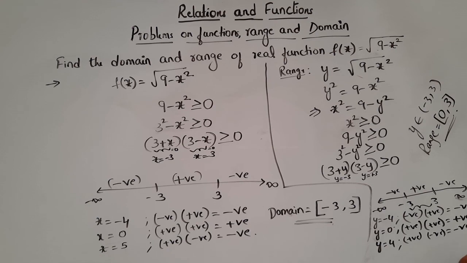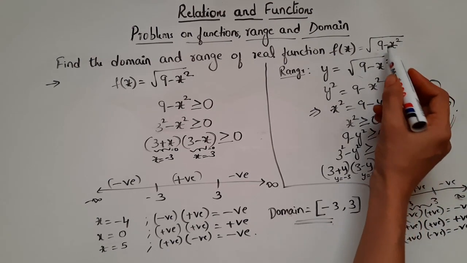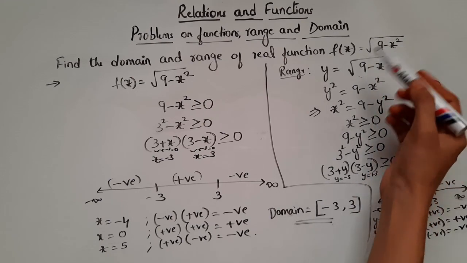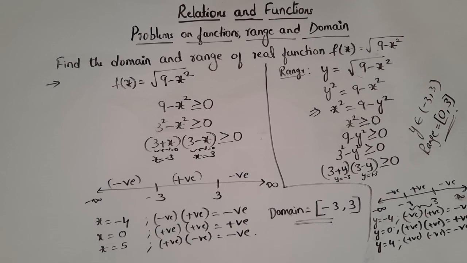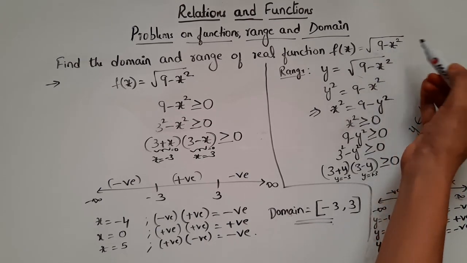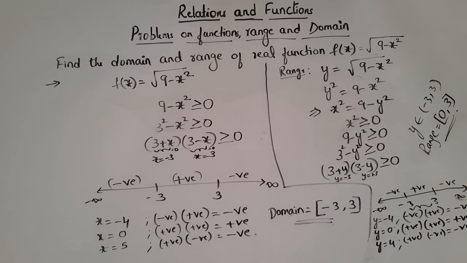So I hope this is clear. Whenever you come across an expression of this form, where you have a perfect square number, here 9 means 3 square, you have to follow this number line method. Here it can also be 16, so 4 square is 4 4s are 16, or it can be 25. All will follow the same steps. So I hope this is clear.